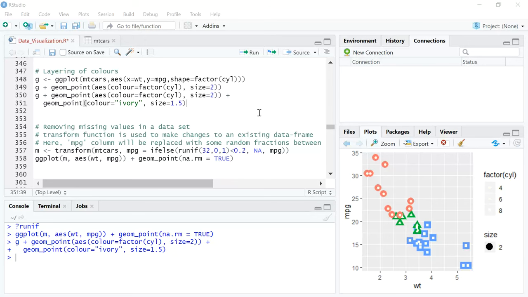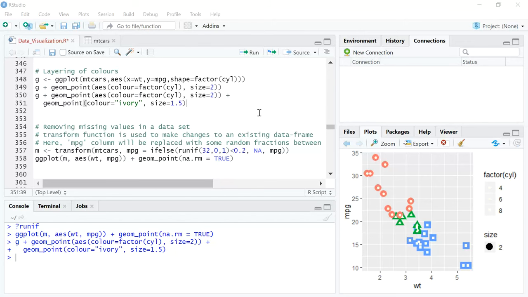We are going to continue with the different forms and variants of the basic box plot that we saw in the previous two videos. In this video, we're going to look at two specific things. The first one is a plot where we are going to use two different types of dot plots or point plots overlapping each other so that we can get a different kind of visual appeal.